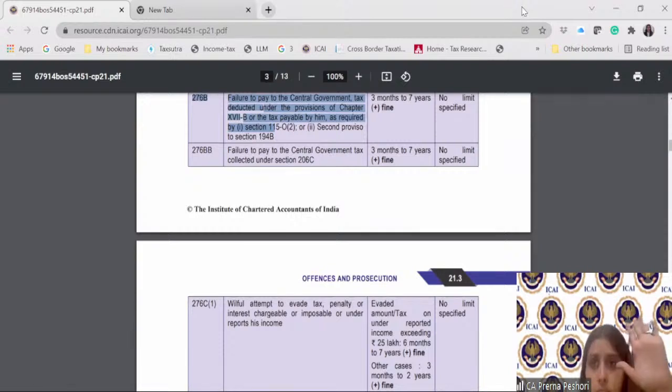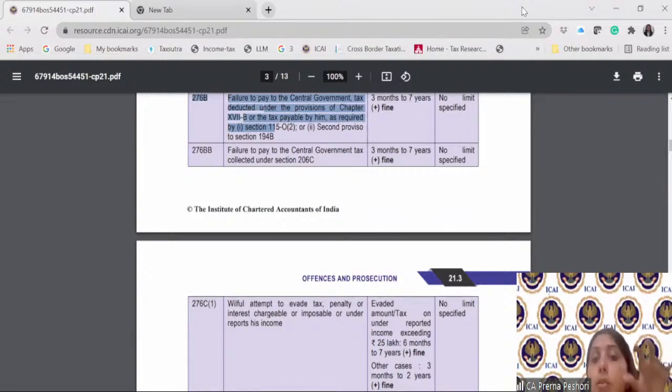Now for the company, if the assessee is a company who has failed to deduct the TDS or TCS, and if there is prosecution, can a company be prosecuted? Can a company go to jail? The answer is no. A company cannot be taken to jail. Similarly, it is for the partnership firm. A partnership firm cannot be taken to jail. Alright. So for a company, it is the director, manager, or the secretary of the company who can be prosecuted. For a firm, it is the partner. For AOP, it is the members. For HUF, it can be Karta. Is that clear?